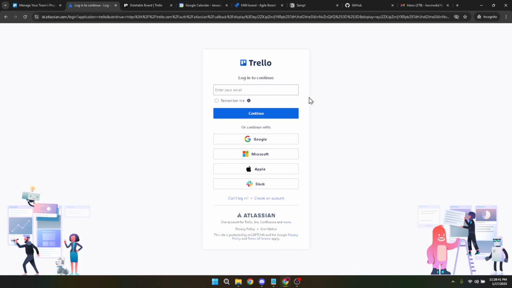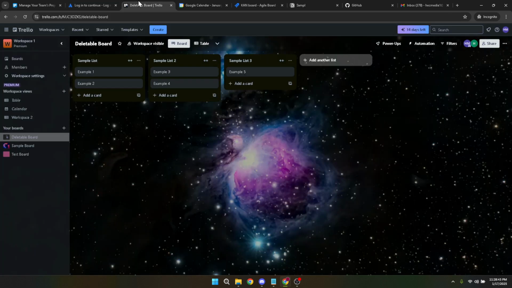Click on Google and then you'll be prompted to select your Google account if you haven't linked your account yet. Once you've selected the account, you may need to verify with your password or a two-factor authentication code, depending on your security settings. With your Trello account open, direct your attention to your workspace area where all your boards are